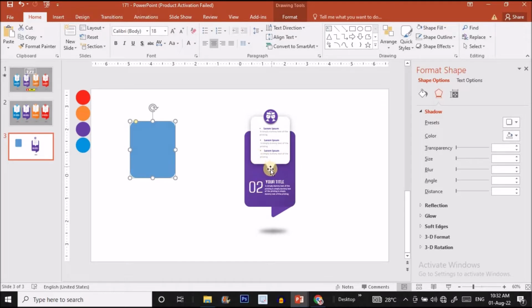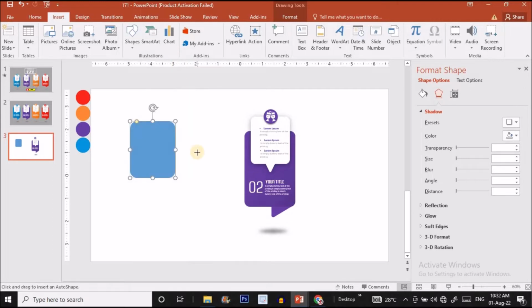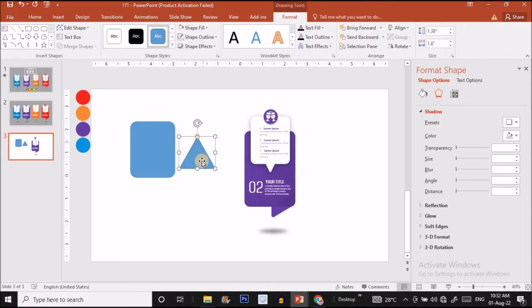Now we have to add a triangular shape like this in the bottom. Okay, let me make the corners more rounded like this and click on the insert option over here and choose a triangle option from here, isosceles triangle option from here. Okay, so click on that and press Ctrl and Shift and drag it over here like this. Okay guys,